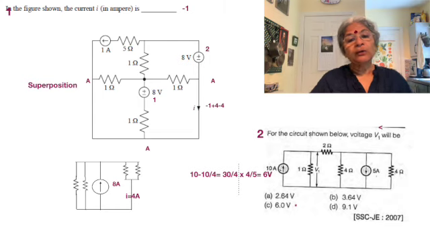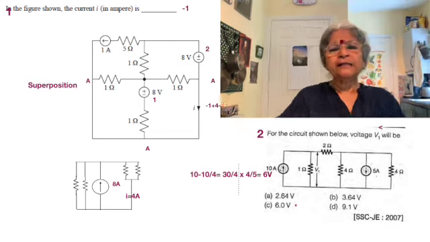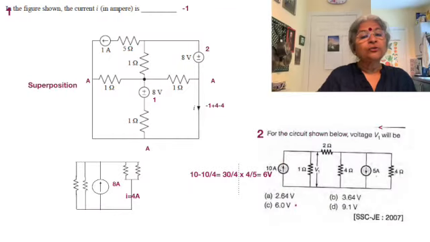Now we have a look at the two 8 volt sources. We see that there is some kind of an identical nature with respect to each of them, or a sort of a symmetry. Let's read what the problem is and then go through the problem. The figure shows the current I in amperes. So obviously